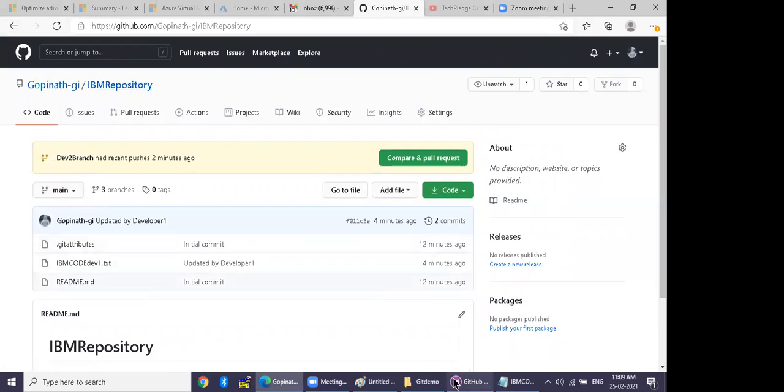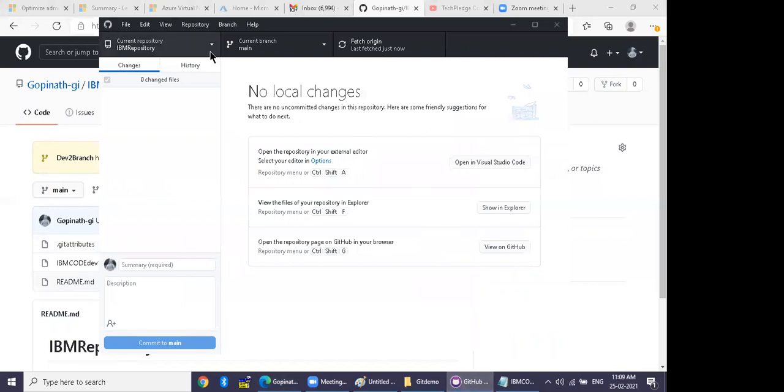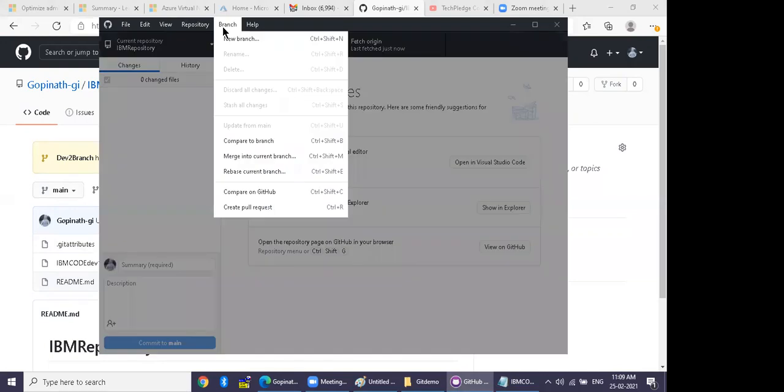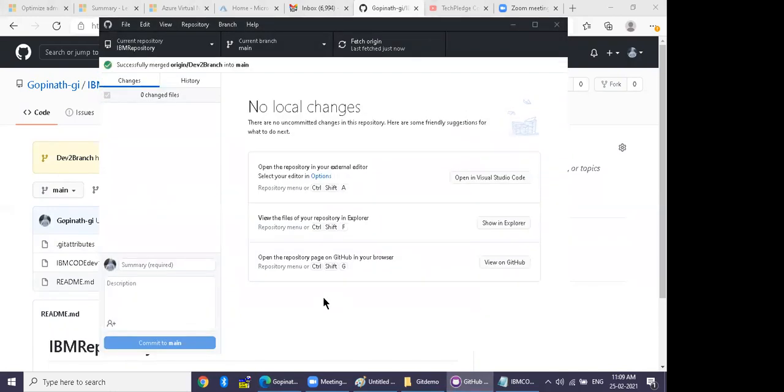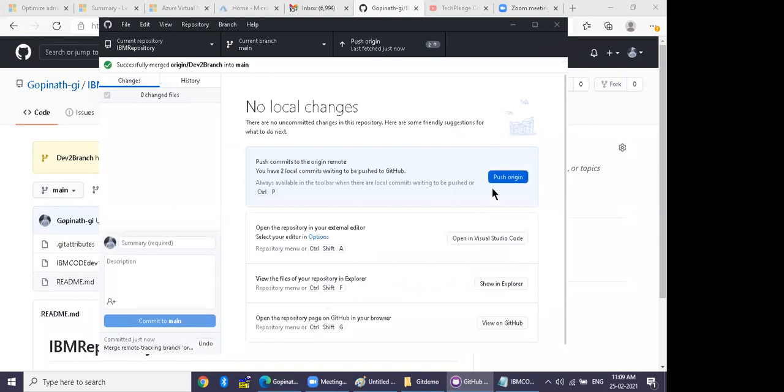Again, the team leader will do the same thing. Go to the branch menu, and this time we select dev 2. You understood now? So just go ahead and say push to origin.